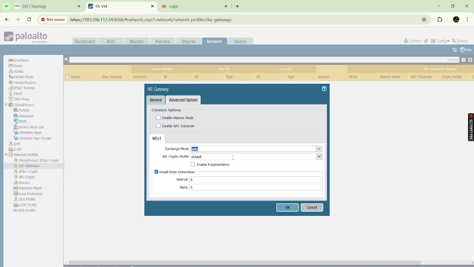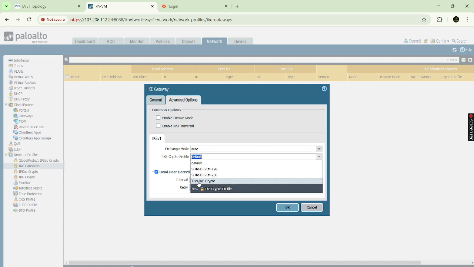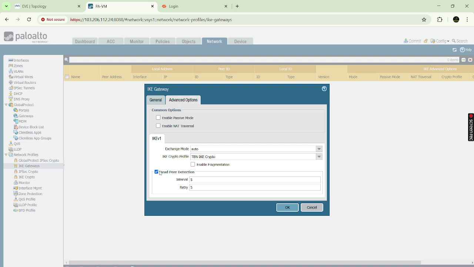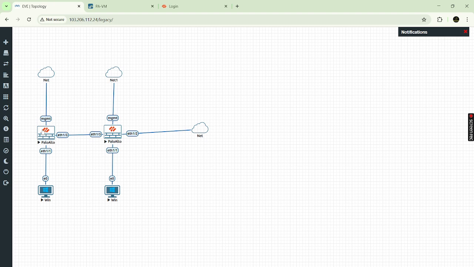I'm going with auto and this is an IKE crypto profile and we have already created the IKE crypto here, the phase one parameters. We can call it TBN IKE crypto. Here this dead peer detection means we have an interval 5 and retry 5, right? ఈ డెడ్ ఫీల్డ్ డిటెక్షన్ ఎందుకు యూజ్ చేస్తామంటే ఫర్ సపోజ్ దీస్ IPsec పీర్స్